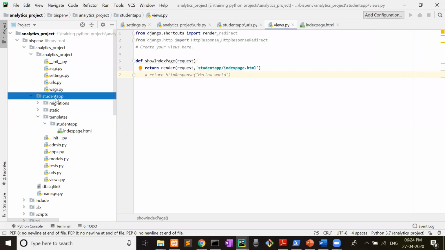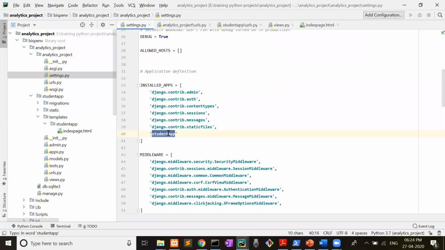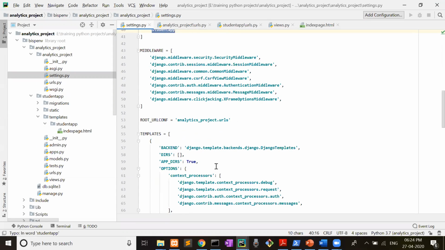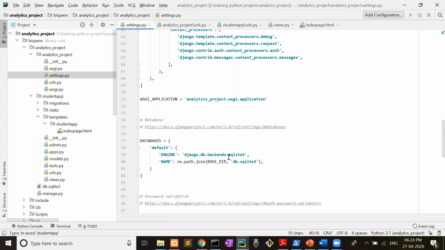Then we create app. Right now we are having only one app. Then in the settings file we have made some setups like registering our app in installed apps. So student app I have registered here. Now remaining we don't need to do anything, because if we are using SQLite 3, then it is already by default. It is embedded with Python. Another is what we have done in the URLs.